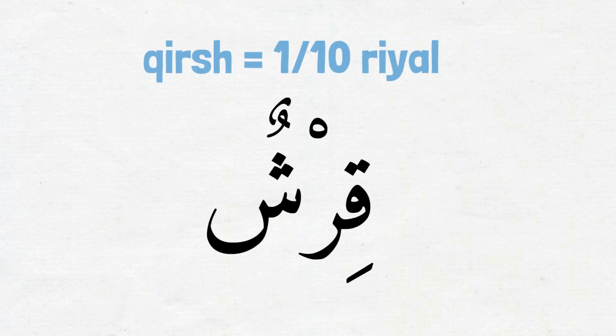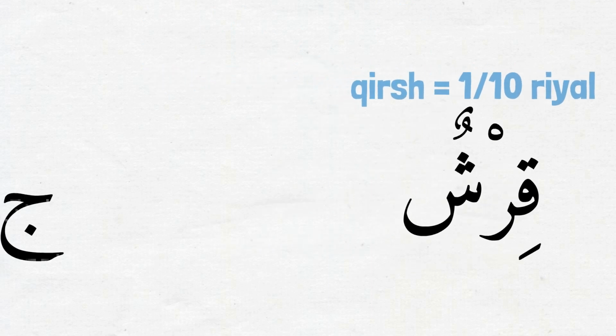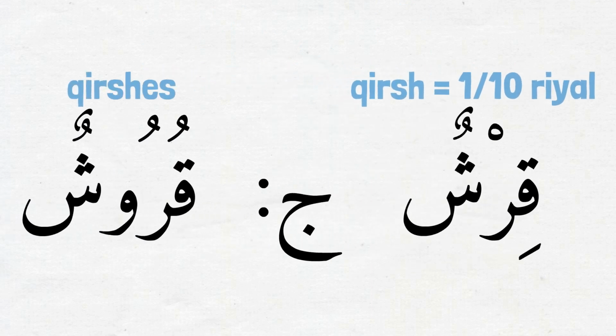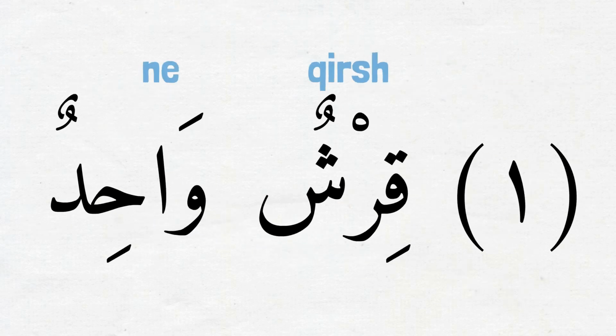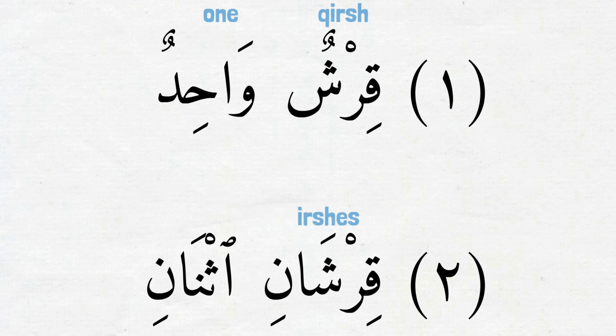The next ism is qirsh. Qirsh is 1/10 of a riyal. Its plural is qurush, which is on فعول pattern. Let's start counting it. قرش واحد قرشان اثنان